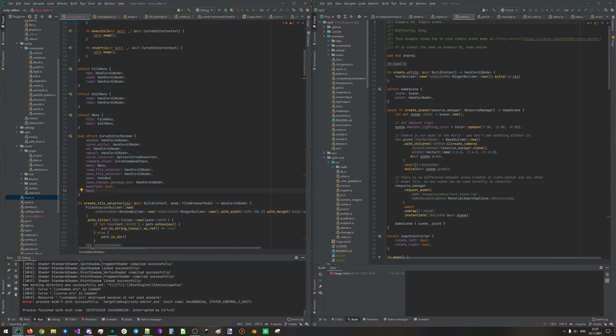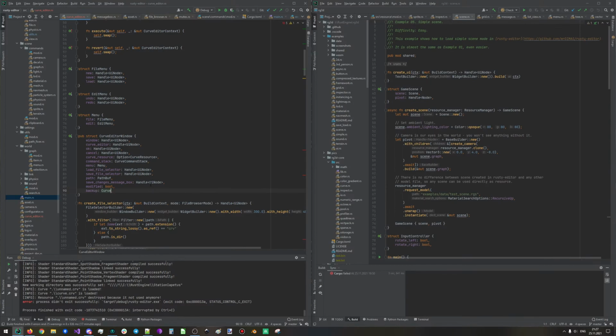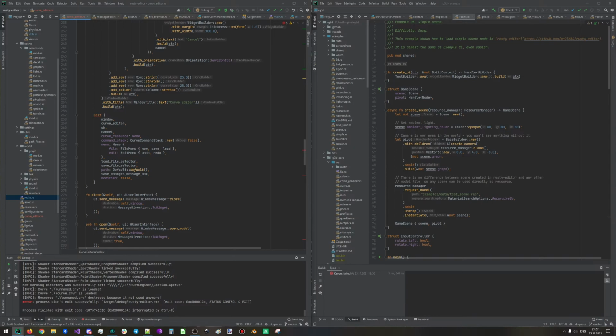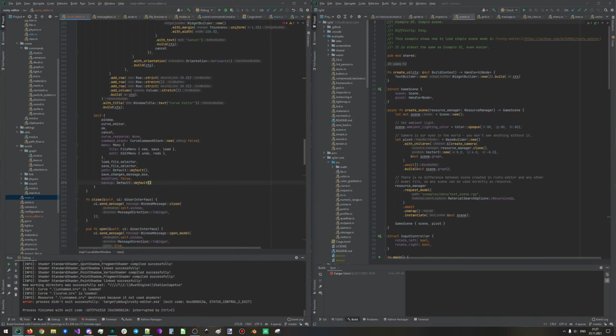We want to just swap the value inside the resource with the backup value, and I think that's the correct way of doing this. So our backup will be here. It will be just default, right? Just an empty curve,